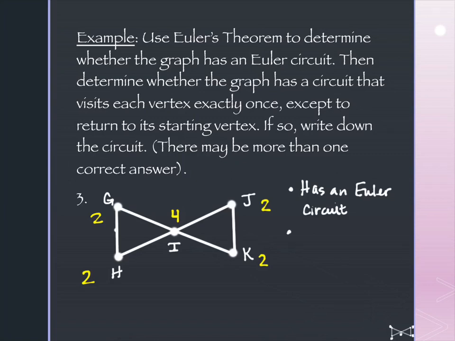The second question about starting and ending and crossing through points, though, it doesn't work. It doesn't work because no matter where you start, you're going to have to cross through I twice. If I start at I, I can go around one side of the bow tie, but then I have to come back to I before I go around the other side. If I start at, say, G and I cross through I to get to K and go up and over, I still have to come back through I. So no matter where I start, the second question that I'm being asked will not be possible to be found. And we'll stop there for